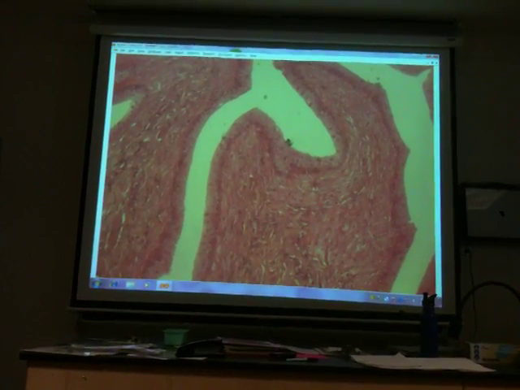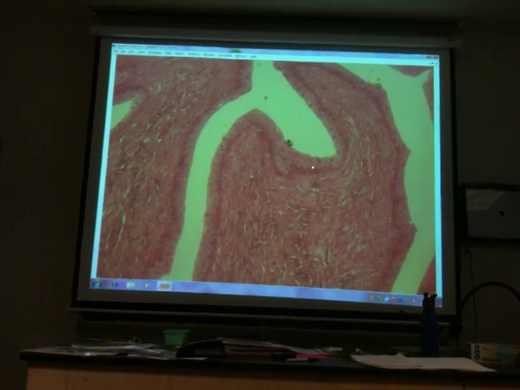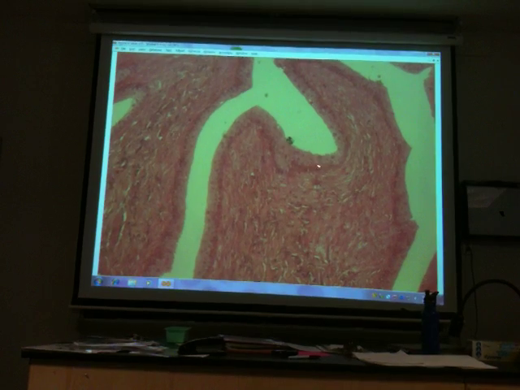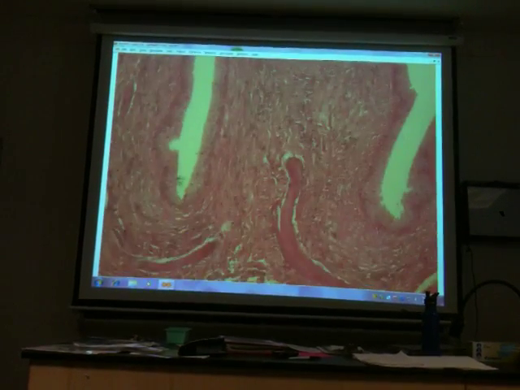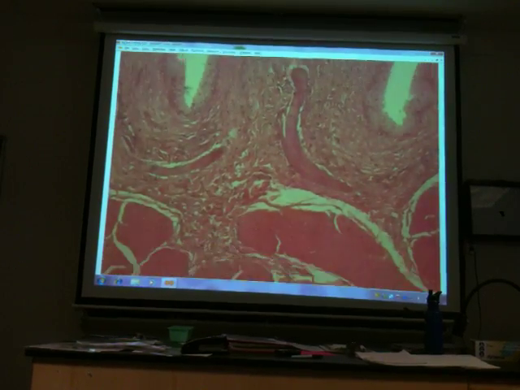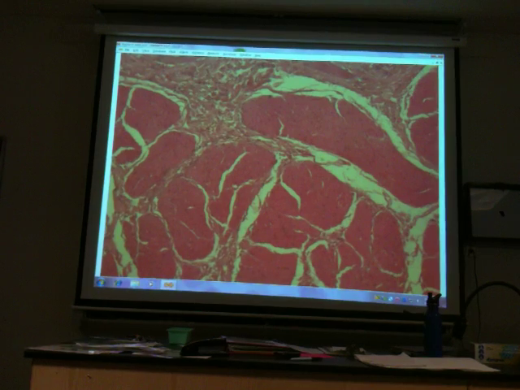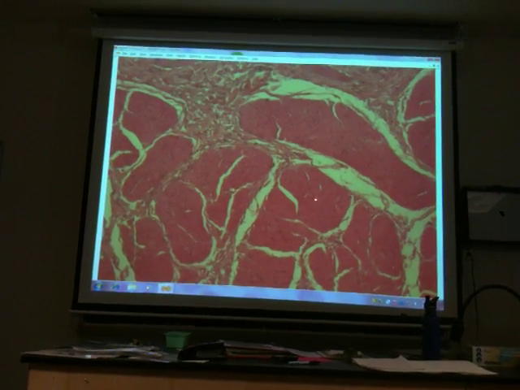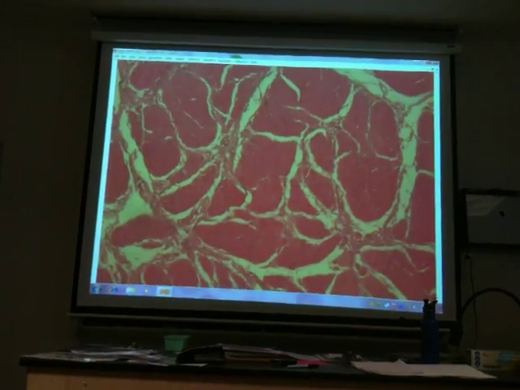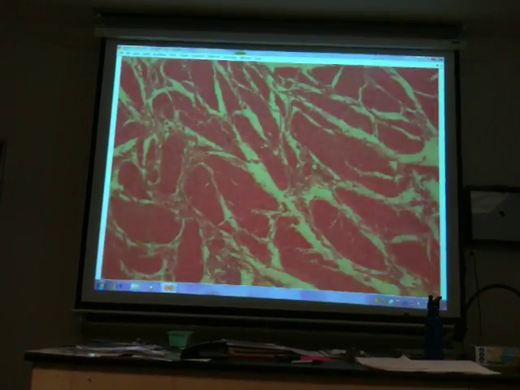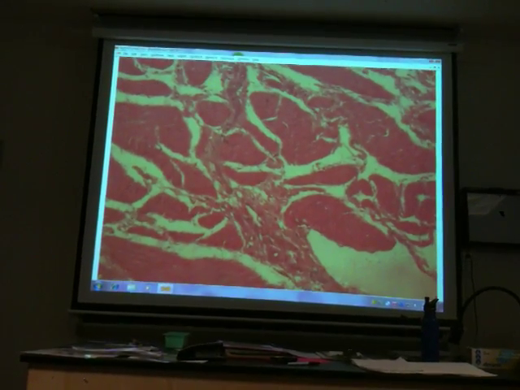Now, if we go up to at least low power, we can start to recognize the transitional epithelium, and I won't make you differentiate the lamina propria from the submucosa. That's kind of a subtle difference. But as we get deep to that submucosa, we pick up smooth muscle. And this smooth muscle is not called a muscularis layer. It's very thick, it's very complicated. Fibers run in 3 planes,